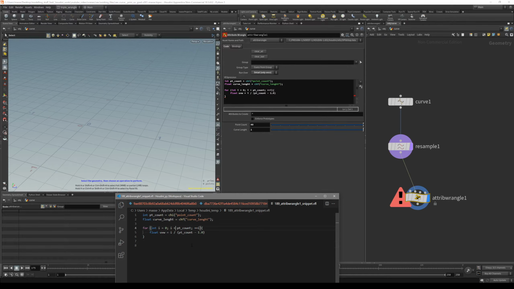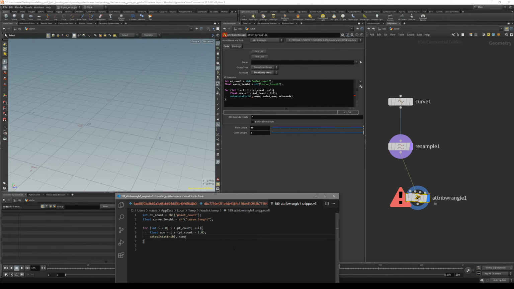We could also do it by basically smaller or equals with the pt count, like that, but we also have to make sure that this actually casts as a float, because if we do not subtract or cast any of these values as a float, it's going to return an integer value, and we want our decimals also. So like now we have our